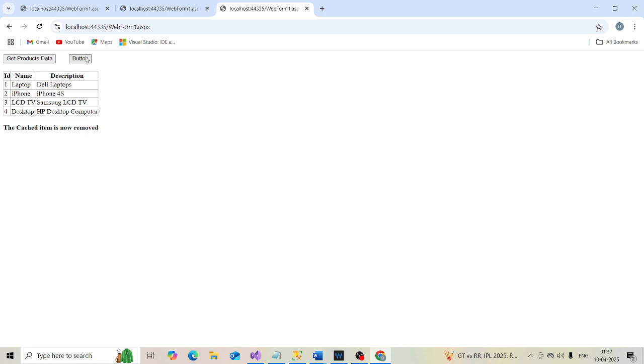This data is actually maintained on the web form, because we have view state enabled for this grid view control by default. So if we disable the view state for the grid view control using the enable view state property, so go to the Visual Studio